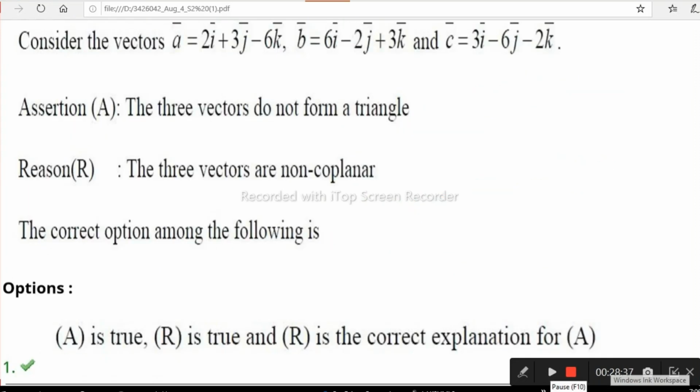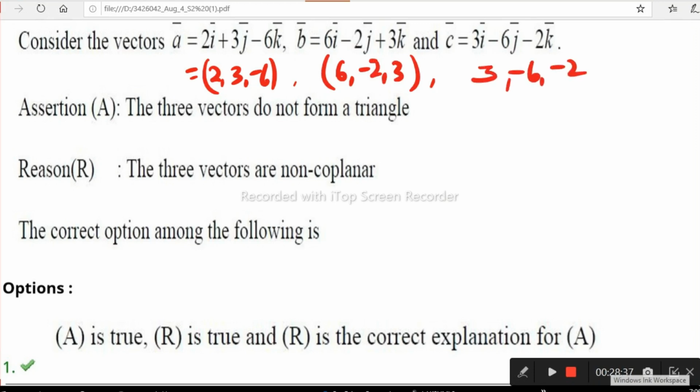Yes, see, this question is given as assertion and reason type. అంటే assertion అని ఒక స్టేట్మెంట్, రీజన్ అని ఇంకో స్టేట్మెంట్ ఇస్తాడు. ఈ రెండు మనం రికగ్నైజ్ చేయాలి. ఫస్ట్ వాట్ ఈస్ గివెన్, consider the vectors A, B, C. A we can write as 2, 3, -6. ఓకేనా? B we can take 6, -2, 3. రైట్? C is 6, -6, -2. సింప్లీ ABC we can take like this in ordered triads, to save time instead of writing IJK.